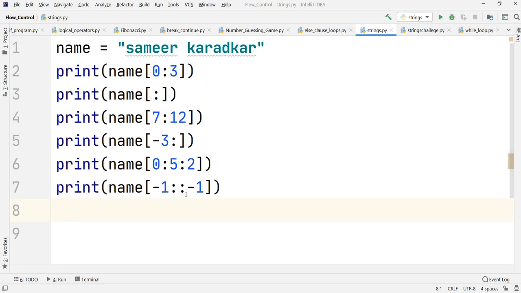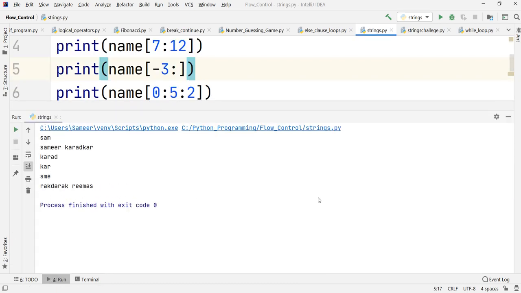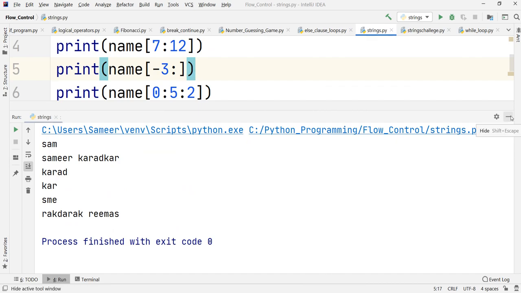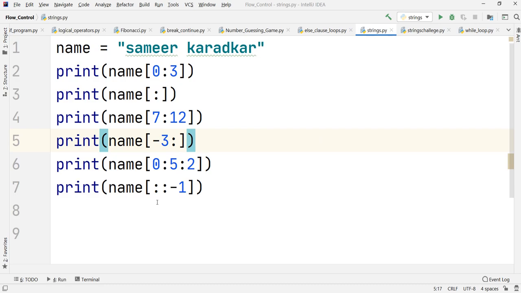So you can traverse any string like this, and as I've told you, you may not specify this first value as well. Even if I just remove it and run it, you will get the same output. Because I wanted to span the whole string, just don't specify anything. Here we didn't specify the step value, that is why it traversed from first to last. Here I have specified the step value as -1, that is why it has traversed from last value to first. This is very important. This is a slicing thing that you'll find everywhere, so you'll have to understand what is happening when you see it. I hope you have understood the concept of slicing.